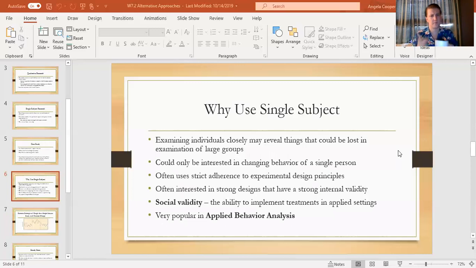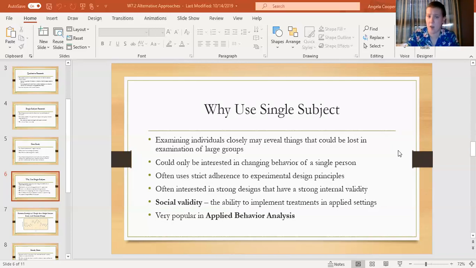So with single subject, obviously case studies and single subject research require either one or small groups of people. When we examine people more closely, individually, we can see things that might be lost. Oftentimes, single subject research is used in applied behavior analysis. It's almost, I don't want to say almost exclusively. I'm not an expert in that field, so I'm not going to go about telling them how they do their stuff. But